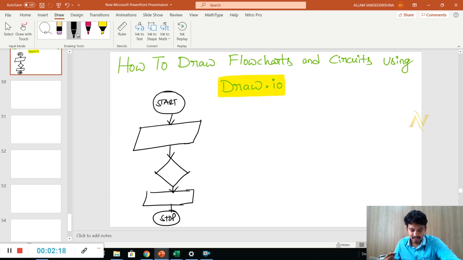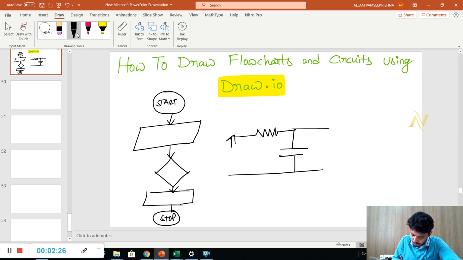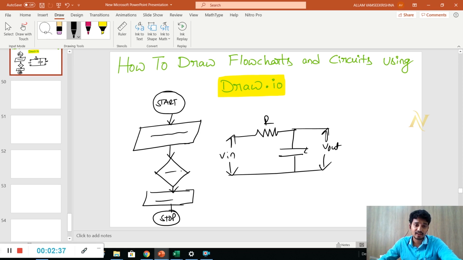See how we will implement this using draw.io. Otherwise we can go for electrical circuits also, electrical or electronic, any circuit we can develop here. See, simple V in, and we can go for V out. We can write the data also, R, C, some data here and there. So this we will draw using draw.io.